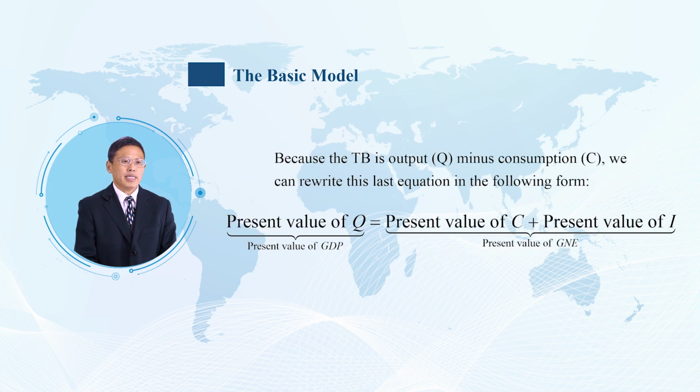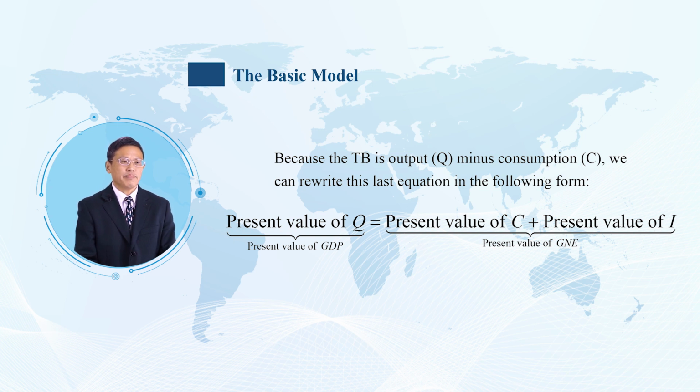Because the TB is output Q minus consumption C and investment I, we can rewrite this last equation in the following form. Present value of Q equals present value of C plus present value of I. The LRBC will hold if and only if the present value of output Q equals the present value of expenditure